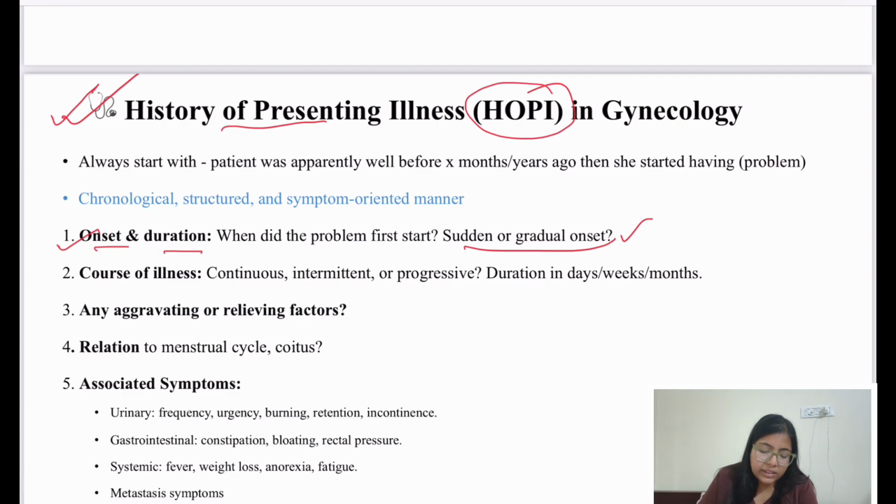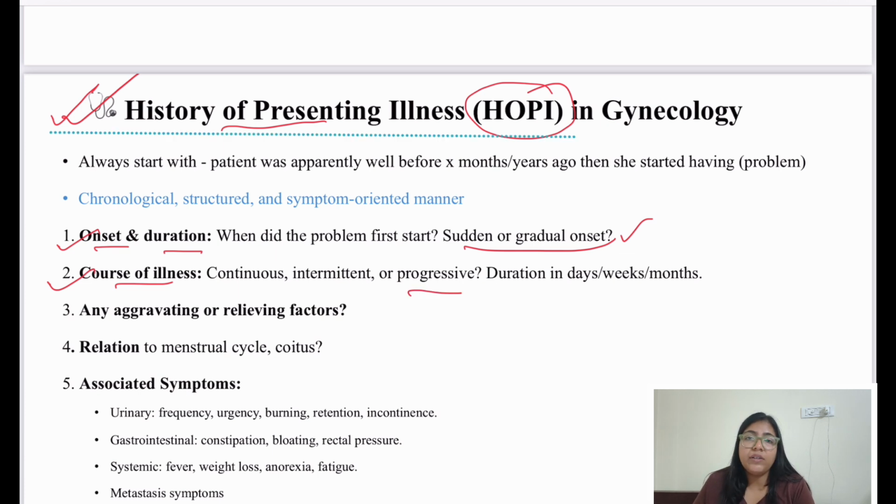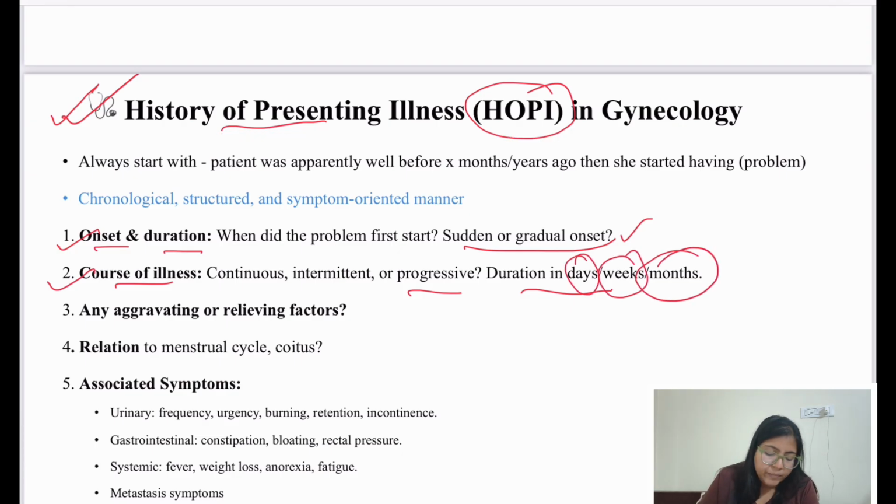So here also you ask about the course of illness, whether the bleeding has been continuous, or intermittent, or progressive, like initially it was less but with each menstrual cycle it has increased in amount. And whether it persists for days, or throughout the weeks or months, you ask that also. Then if there is any aggravating or relieving factor, like if it increases during exertion, doing household chores, or walking,